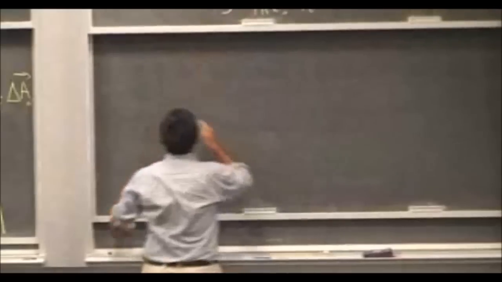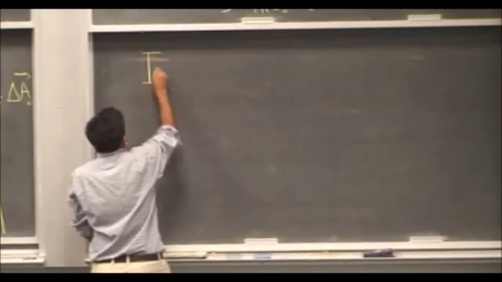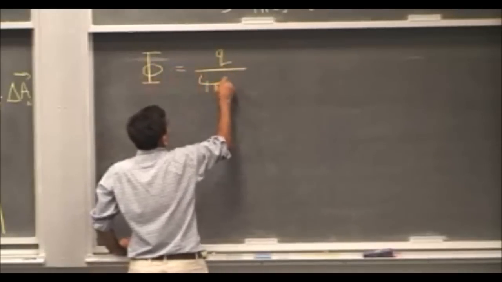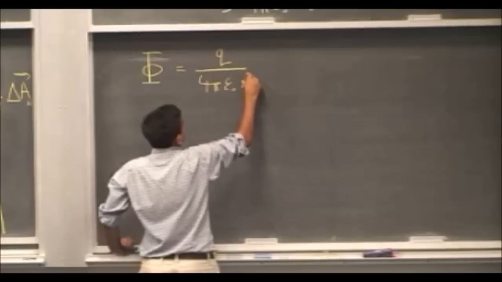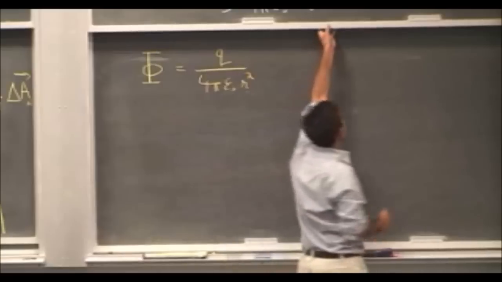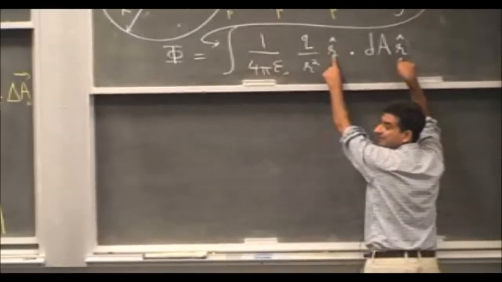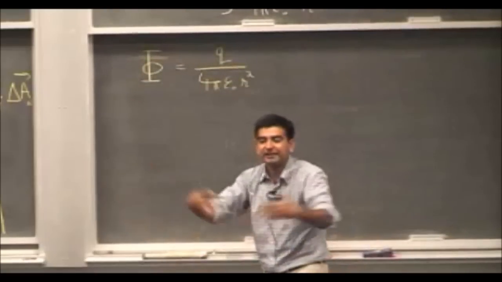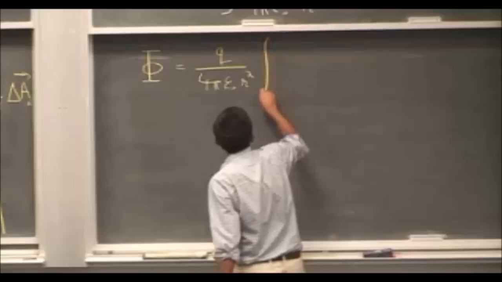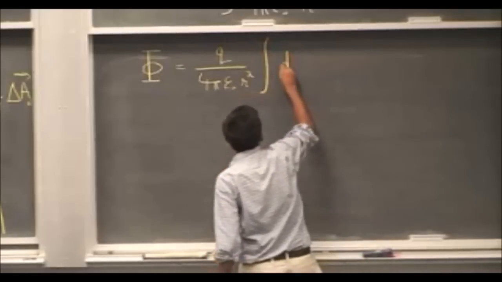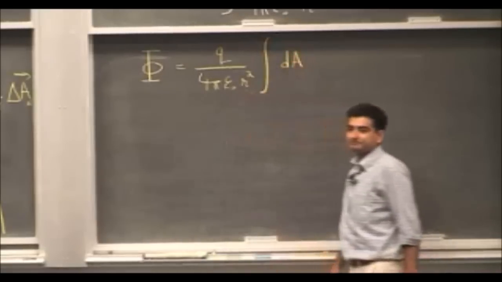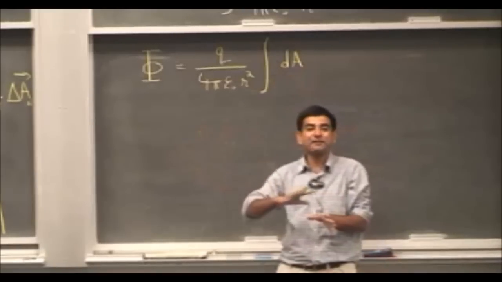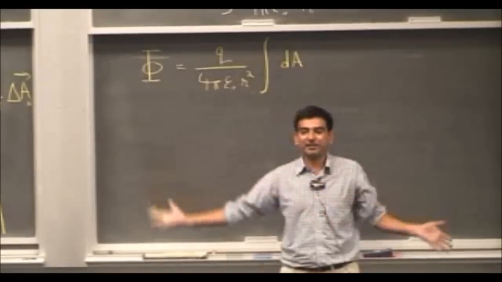So the flux becomes 1 over 4 pi epsilon naught with a Q, and the 1 over R squared comes out of the integral. And what's the dot product of R hat with itself? It's 1. It's a scalar. Vectors vanish. They annihilate one another. The integral comes out here, and I have to write a dA here, because this is a small area, and I would like to sum up over all the areas, which means I would like to integrate over the area variable.